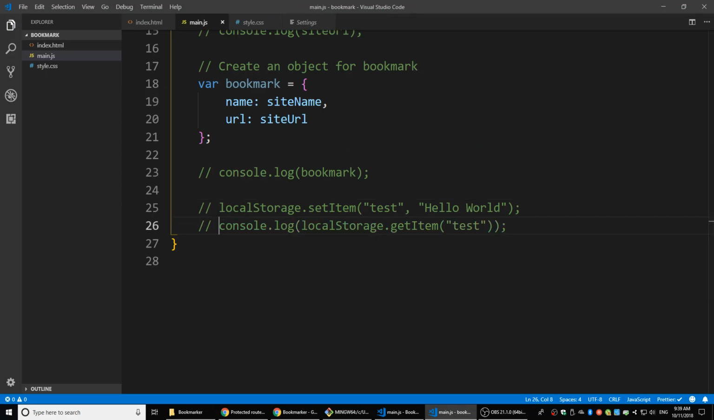Don't you want your name and URL to be erased because you're pushing them? You're going to have more than one bookmark, right? Yeah. So let's